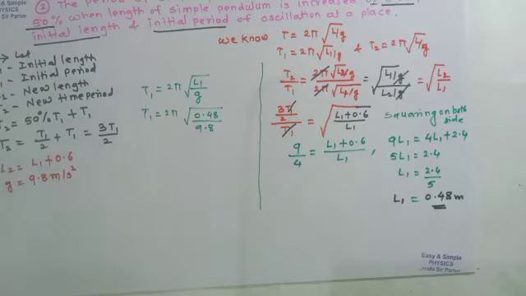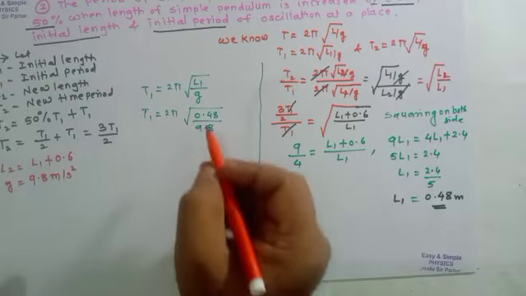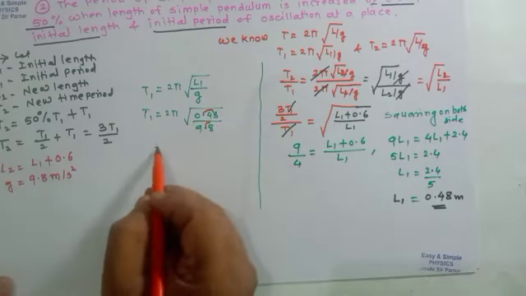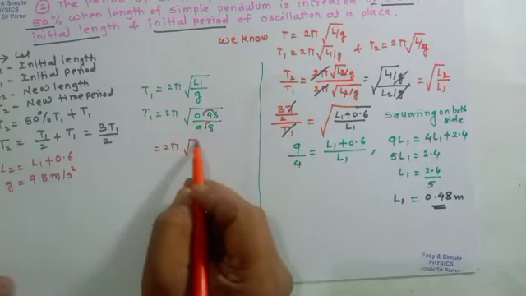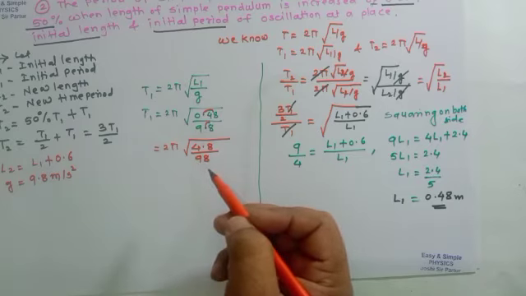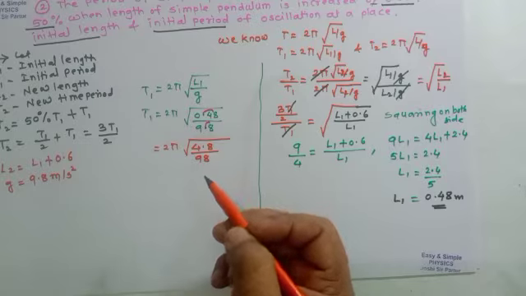By shifting the decimal point here, it will be 2 pi square root of 4.8 divided by 98. If we take the log, it will be